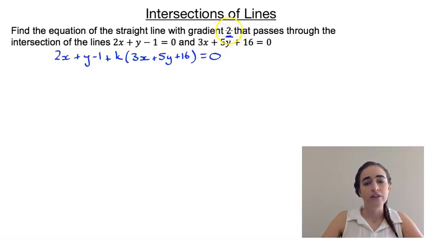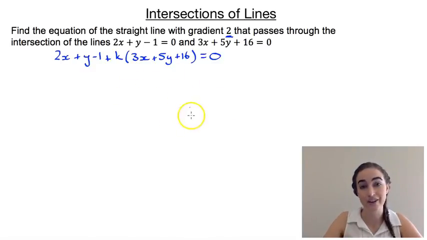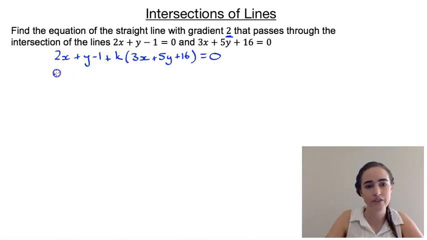To find the gradient, we need to rearrange this into gradient intercept form. So what we're going to do is expand this out and then collect all our x terms together, all our y terms together and our constant terms, and then we can rearrange it. So expanding out, this first bit will just stay the